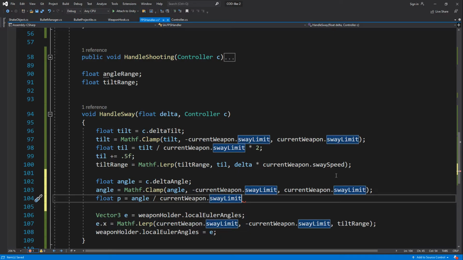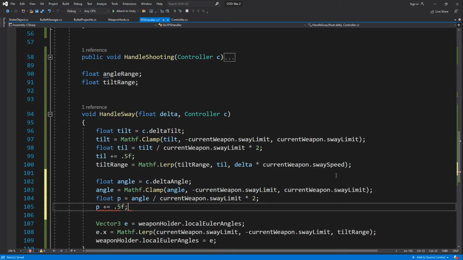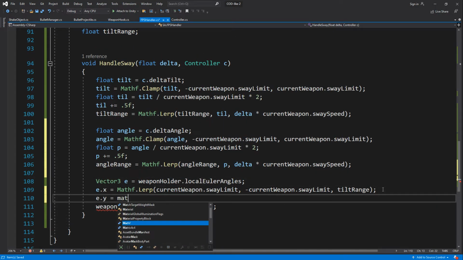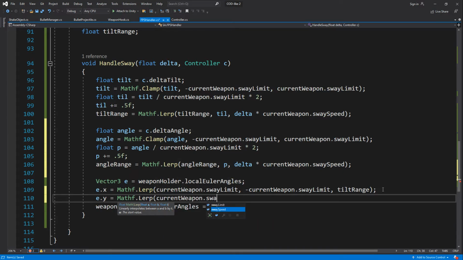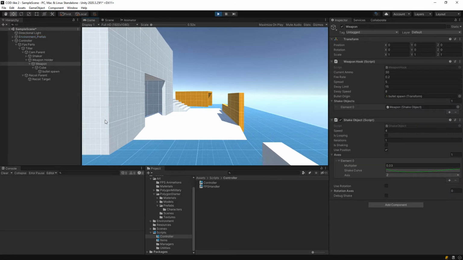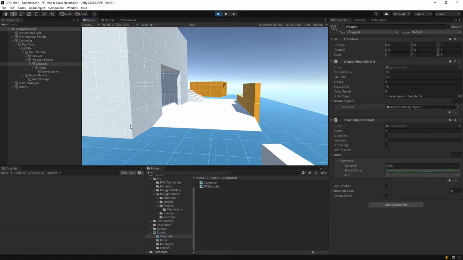I think we could probably just skip the entire. Well, for now it doesn't matter, but we could probably remove or make this into its own component and use it on an object. But for now, I guess it doesn't matter. We only want this for the weapon. Angle range between the percentage of the angle. Then we have delta multiplied by current weapon dot sway speed. Then on the e.y we'll do Mathf.Lerp current weapon dot sway limit, current weapon dot sway limit, angle range, and this needs to be minus. Okay, and there we go. We have our